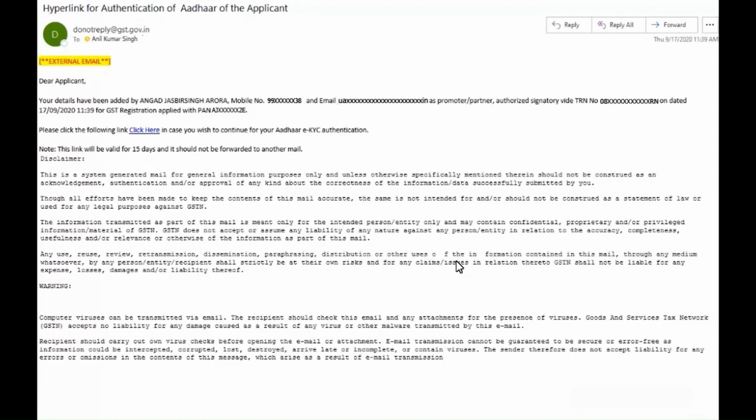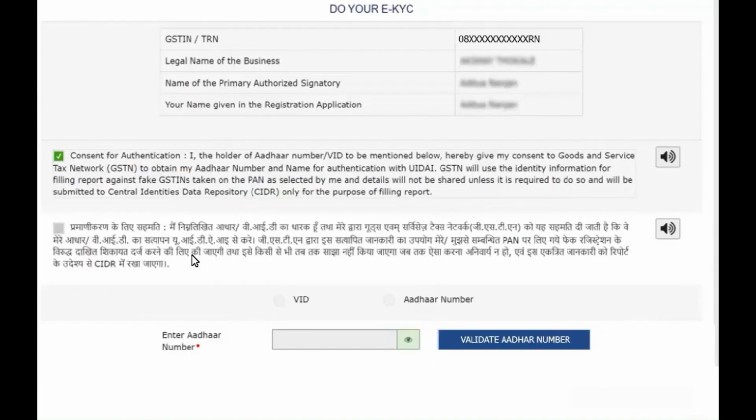Now, check your email or the SMS received on your mobile and click on the Click Here hyperlink. You will be redirected to complete your Aadhaar authentication. Select either VID or Aadhaar to proceed further.